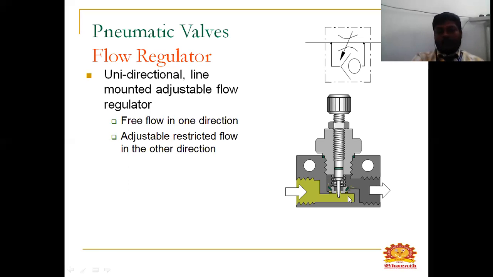You can also use the check valve: if pressure exists, it will automatically open from this position to this position. Free flow is in one direction, and adjustable resistant flow in the other direction is acceptable.